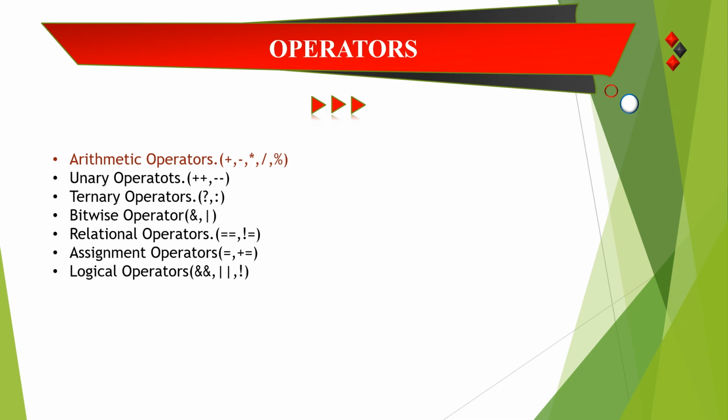I had planned three videos for this, but later I thought that we can cover it in one video. So let's try to finish it in one video. If I am not able to finish this in this video, then we will continue it in the next video. As you know from the classification tree, there are many other operators: unary operator, ternary operator, assignment operator, and many more like that.